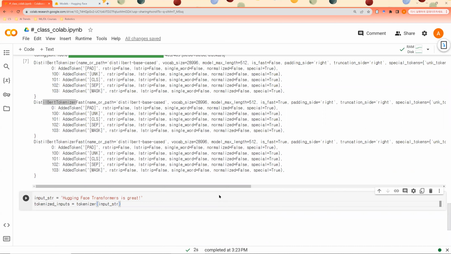In fact, the tokenizer tokenizes the input sentence